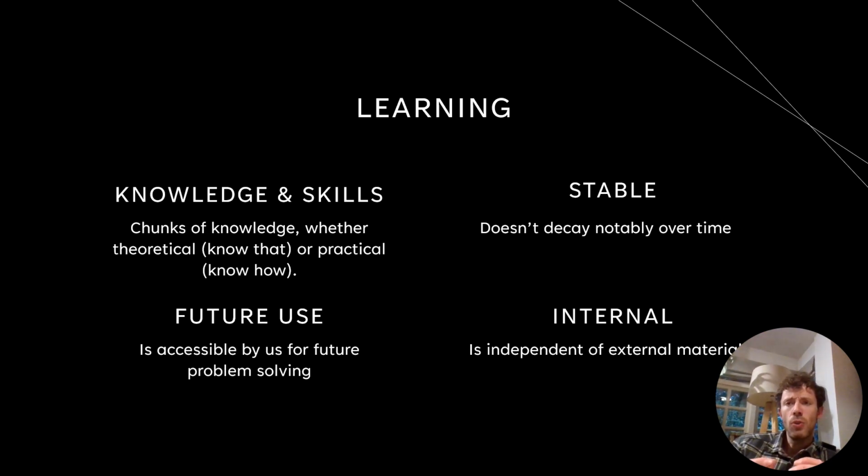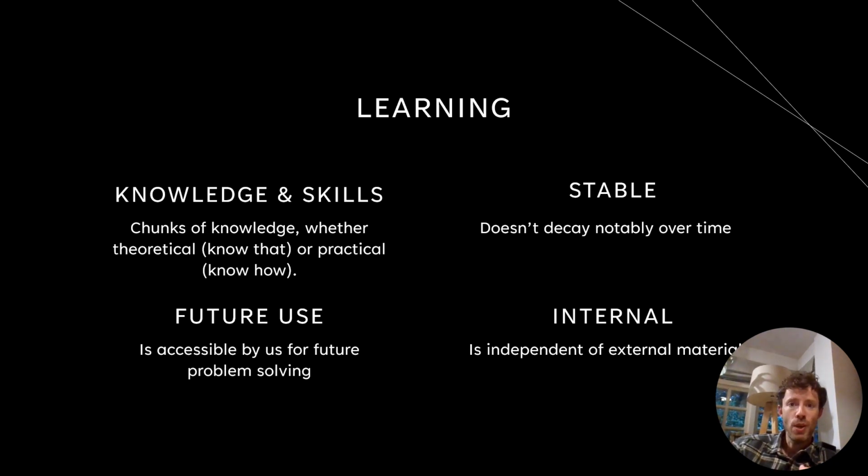And we want those skills and knowledge to be stable. We want them to not notably decay over time. And we expect some decay. We know that we forget or we struggle to remember. But there are many cases where that decay is excessive, and that is a case where we haven't actually learned the material. We've perhaps remembered it briefly, or we've partially learned it. But that is not the same as learning. Learning is stable over time. Learning will be with us. We have encoded it deeply into our brains, and we can access it in the future.